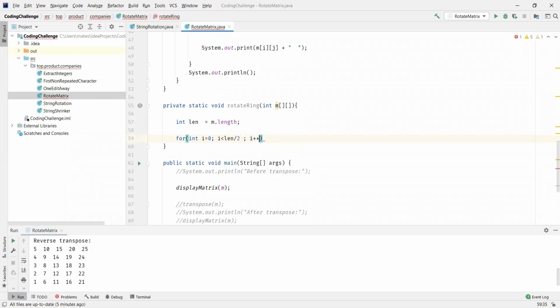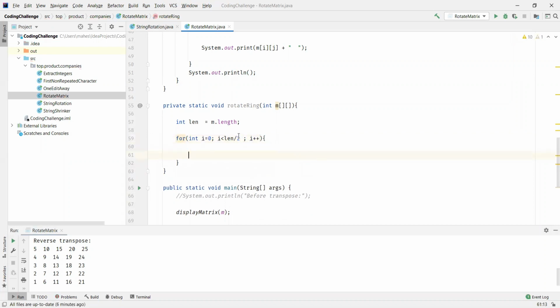We want to do this process for all the rings. So I'm taking i as index, and the number of rings we get is the matrix size divided by 2. So we can see the condition here.